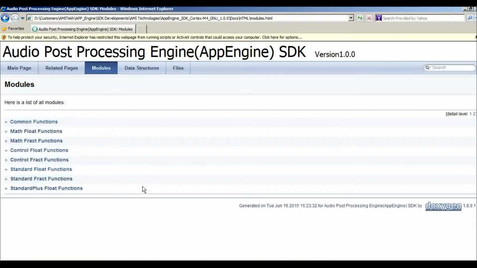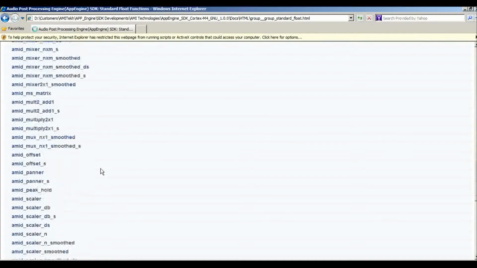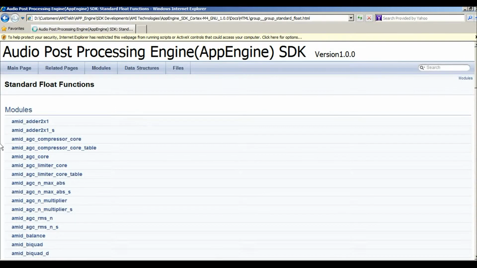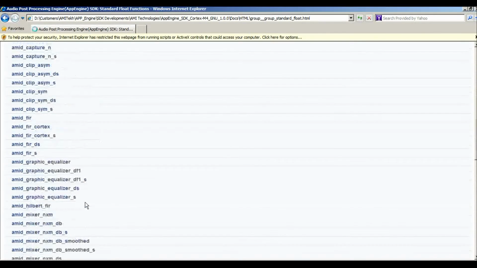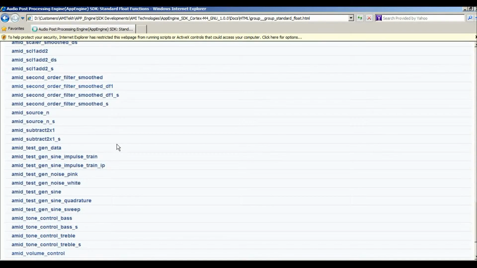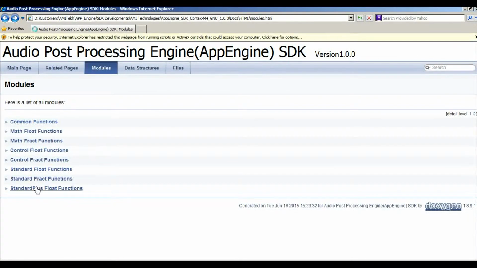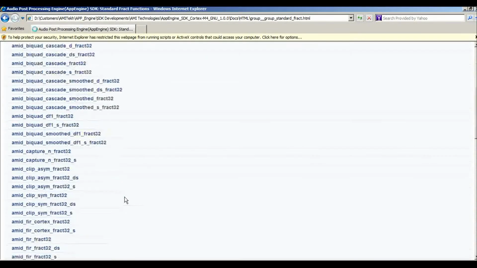We divided the modules into groups depending on their use case. We call one group common functions, which are irrespective of data type, while other functions work with respect to the data type, floating point or integer math. We also have the standard floating point modules, and you can see a whole bunch of modules here: dynamic range controls, automatic gain controls, filter modules, graphic equalizers, as well as advanced filters, and then volume control, tone controls, and so on. You can also look at the equivalent integer math functions as well.